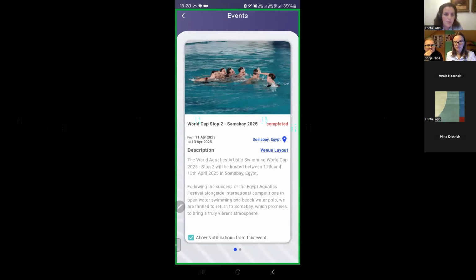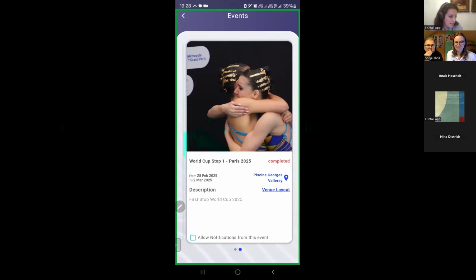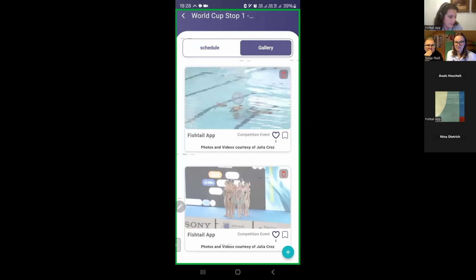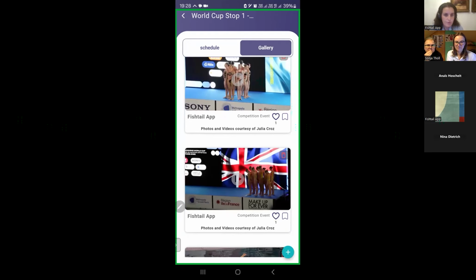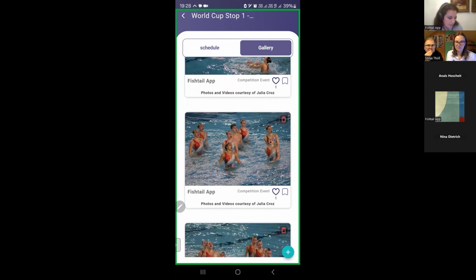This is a place where we can have inspiring content in one place. We have this now for Soma Bay, and we will have it soon for your competition that's coming up. We will have a page like this. Now we have Soma Bay and the World Cup from Paris. And if you click here, you will find you have a gallery. So you're more than welcome to add pictures and videos from the event to share